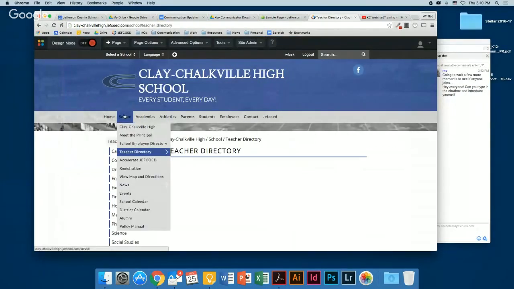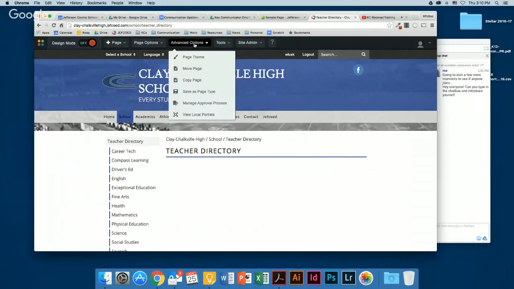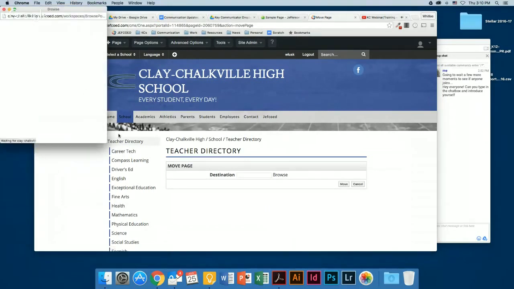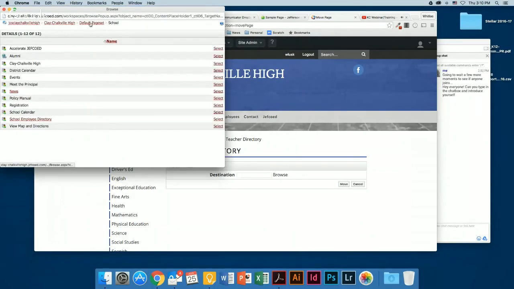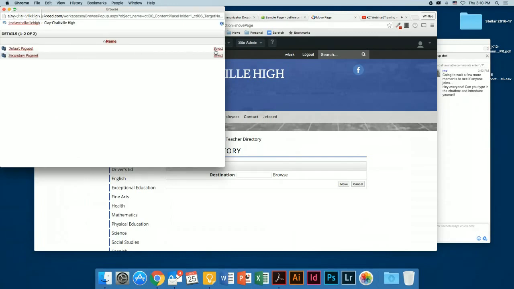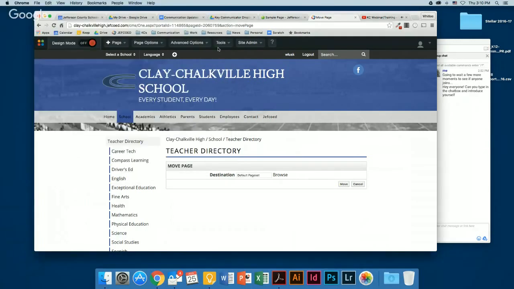And I can go to advanced options, move page. And I'm going to move teacher directory, browse. And I want to move it to the home page. So I'll go back one step and select the default page set right here. Now let's hit move.